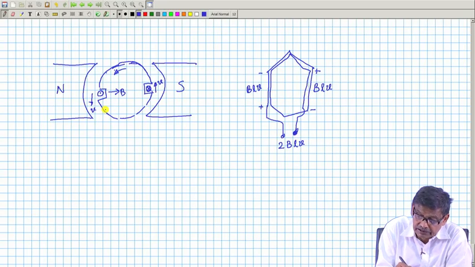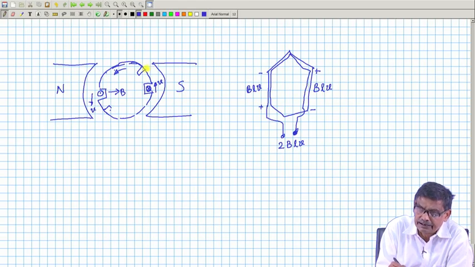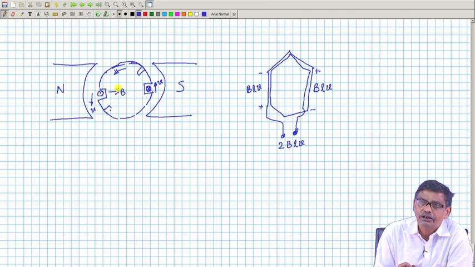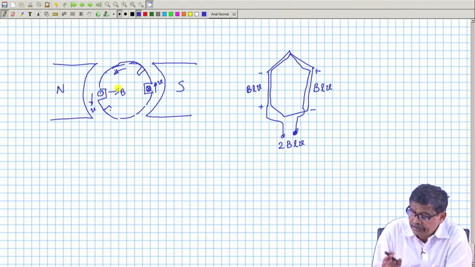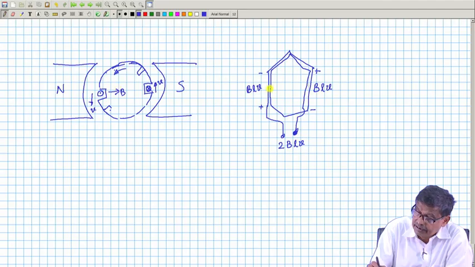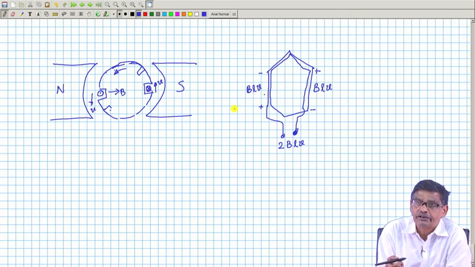Okay, it will rotate after some time. If it is rotating, it will come here, this will go there, but it is still under the south pole, maybe at reduced strength. But once again the voltage will be 2 BLV, maybe the magnitude will not remain the same. Therefore, the essential consideration is that if this coil side, to check you have properly placed it or not,